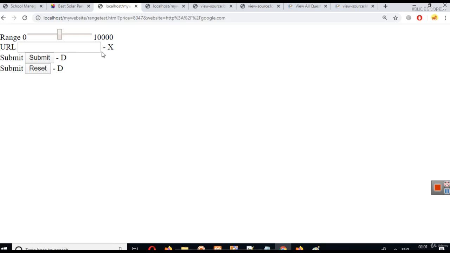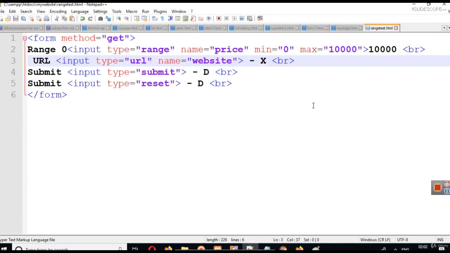So these tags have some validations of their own. For example, the email input tag has a validation of its own. If you do not write in email form, the user will not be able to enter it. Your user should always enter an @ sign in the email input, and only then will the user be able to submit the form. So this is the work of this input tag, which is called URL here. If for some reason you want a URL or website detail from users,